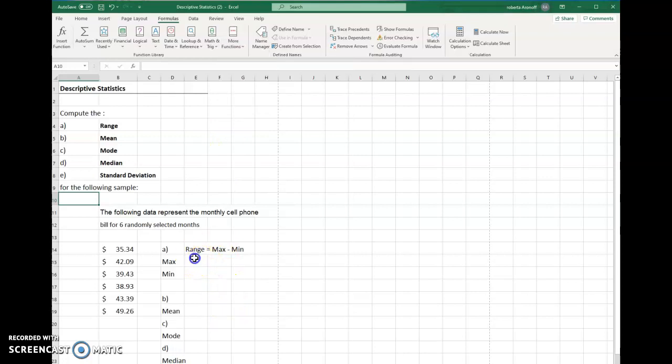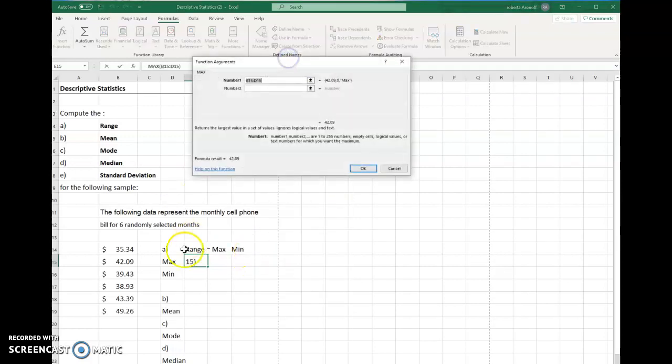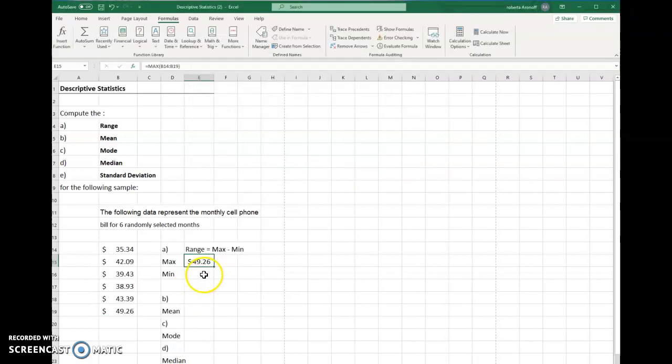All right, so let's start with the range. In order to calculate the range of the data, we want the largest value, or the maximum value, minus the minimum value. So the first thing we have to do is calculate the maximum value. We go to our formulas, we go to function statistical, we go to where it says max. Okay, here we go. And we select all the numbers. We see the response on the formulas, 49.26, and therefore the maximum value is